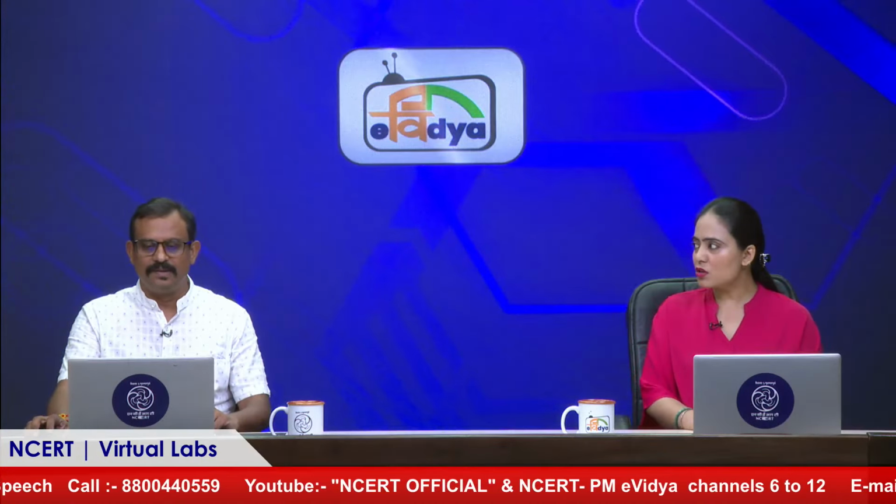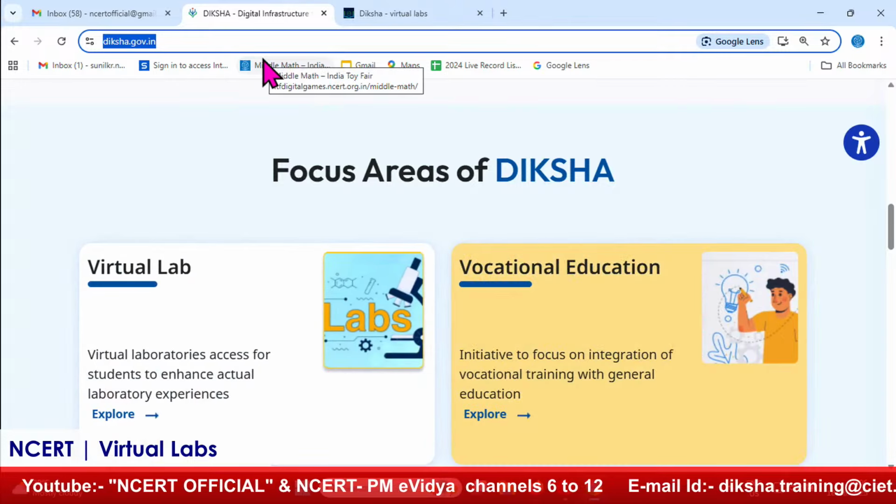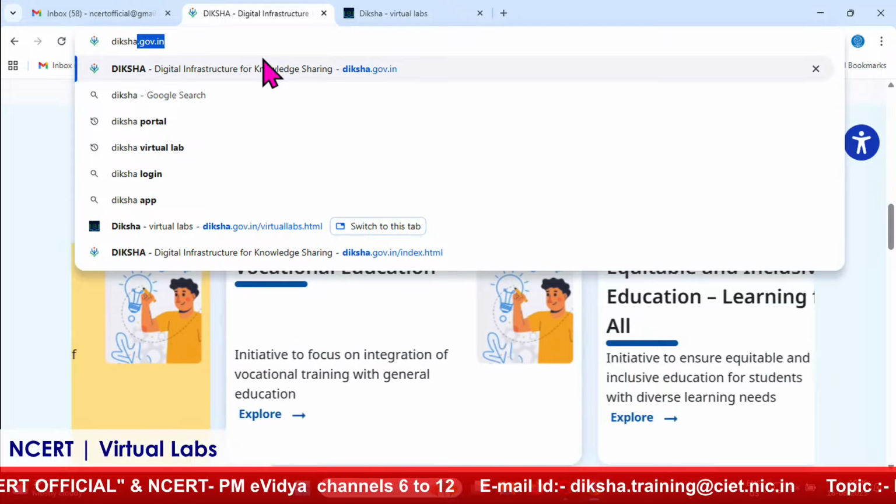So can I learn about all these theoretical aspects through virtual lab as well? Absolutely. So let us have a look. Let's see where we can access virtual labs, and is it important to sign up? Yes, you will have to sign up. So go to